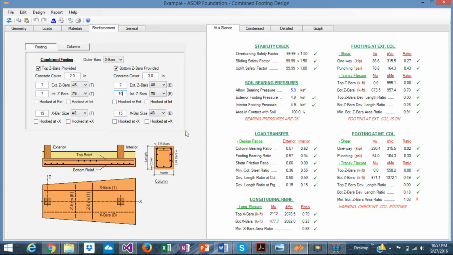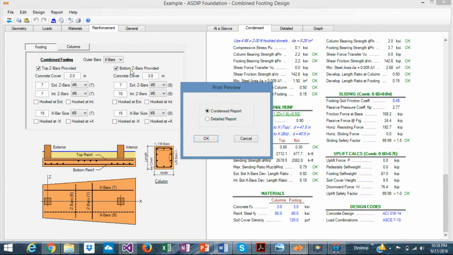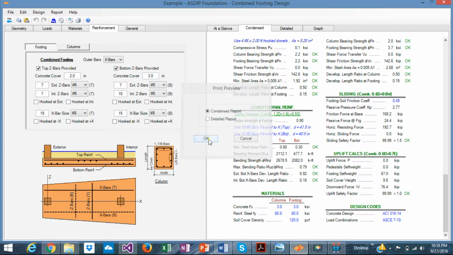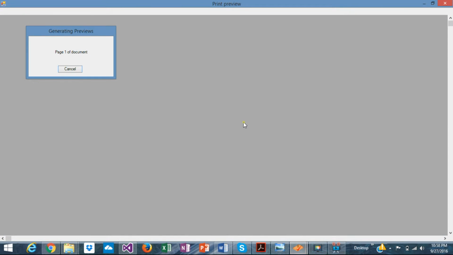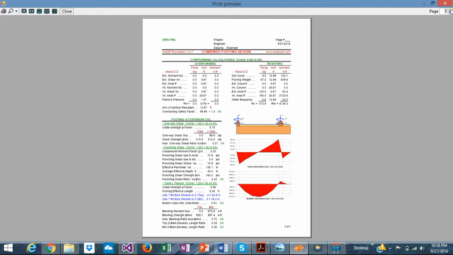The idea is to change whatever we have to and optimize the design. Move here, move there, change a little bit, tweak here and there, and get an optimum design. When we are completely satisfied with our design, we just proceed to print out. This is a preview of the condensed report. Let's check it out. We are generating the condensed report, which is like this. You can print this out and show it to your plan checker. It's a very nice